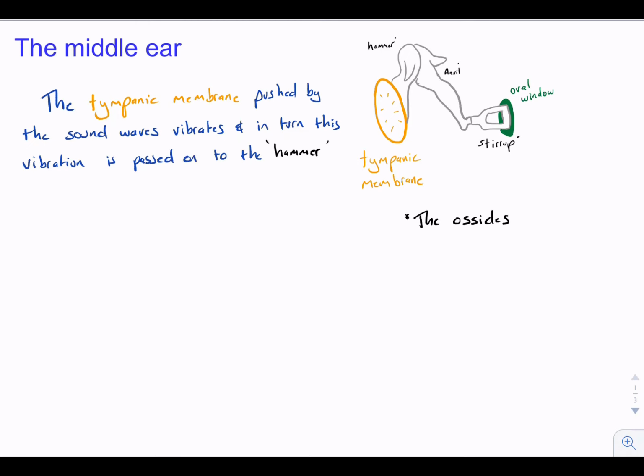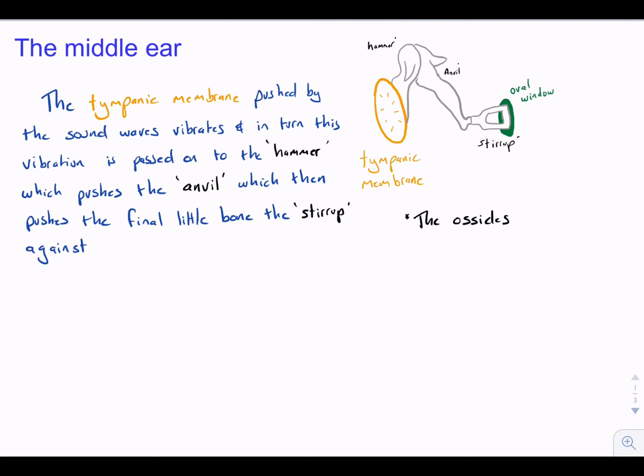The hammer pushes the anvil, the second little bone, which in turn pushes the final little bone called the stirrup. The stirrup in turn pushes what's called the oval window. These 3 bones, the hammer, anvil and the stirrup, are together known as the ossicles. They're the smallest bones in the body, and 3 of them can fit quite comfortably on a very small coin,